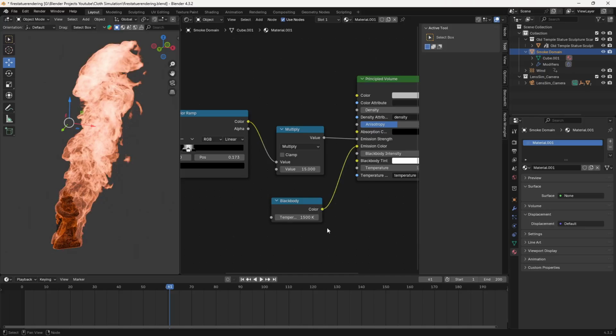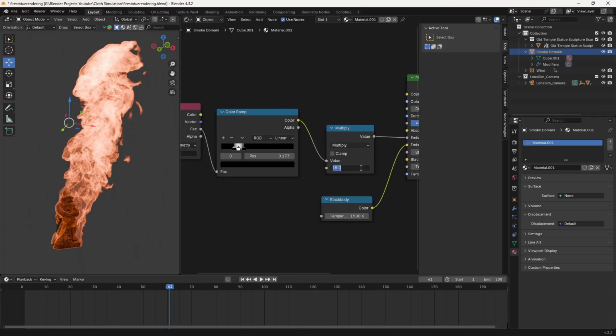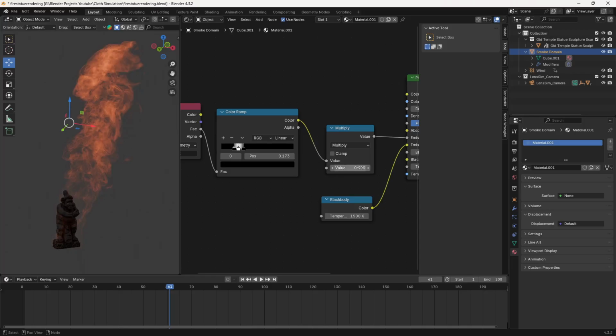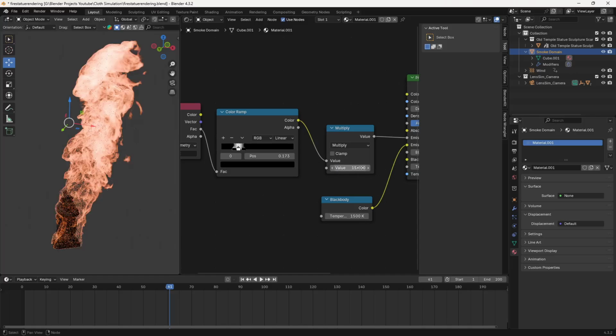As soon as I do this, you can see we are getting this red type of fire. We don't want this, we want a yellow type of fire. So let me show you. If I take this to 0.5, you can see we are getting this smoke type of effect, and fire is basically really bright when you light it up. If I take it to 15, you can see the result, and if I take it to 150, you can see the result as well. So depending on your scene, you can work with this.